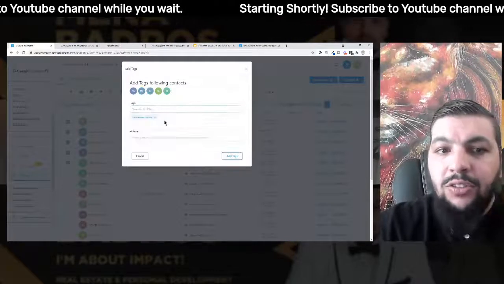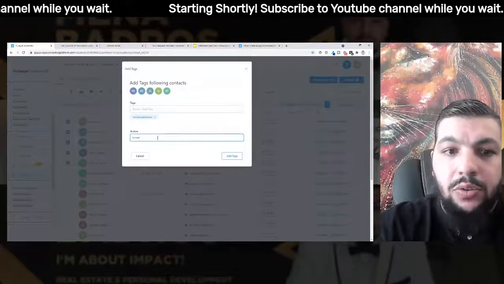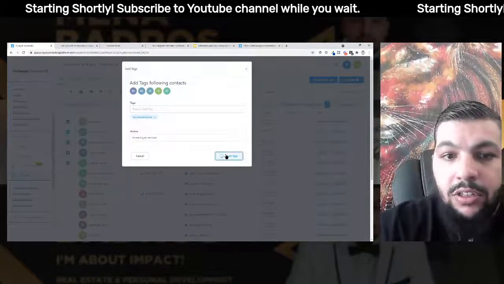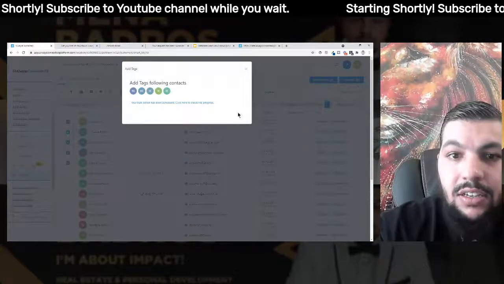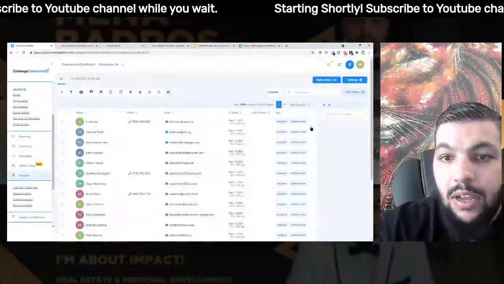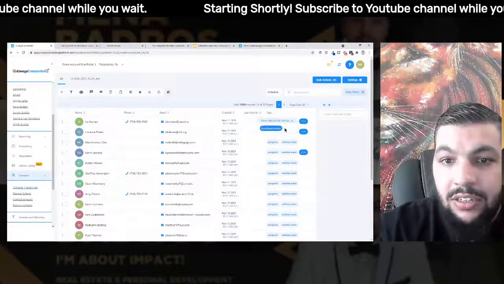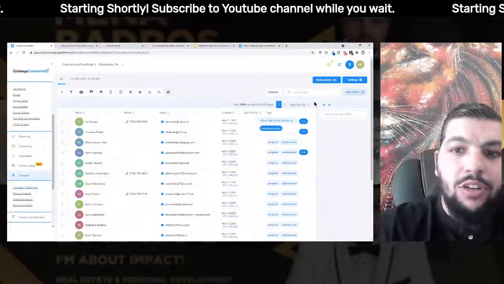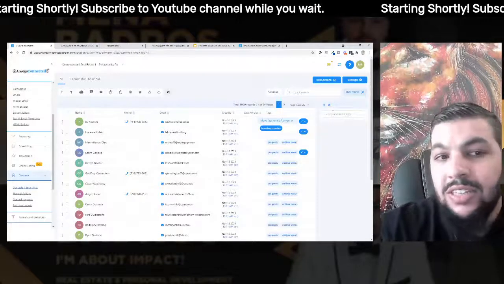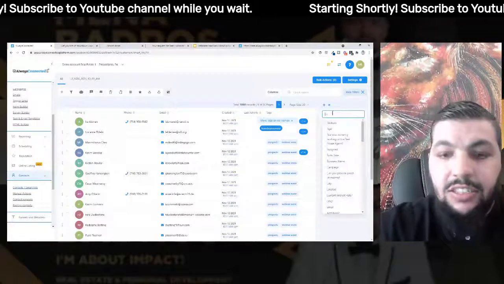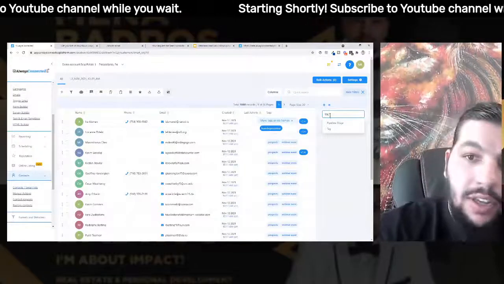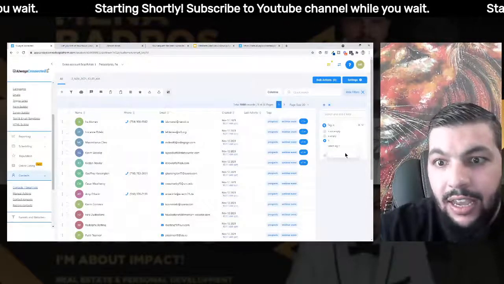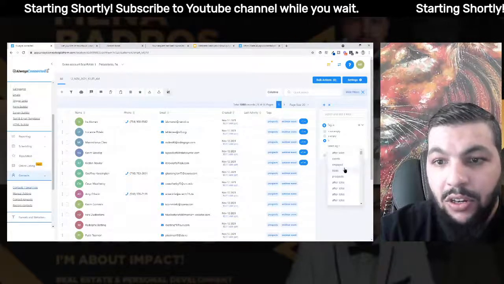That way you can push out certain campaigns to them, right? And you can follow up with them accordingly. So I add the tag here, and you'll see them in the tags right here. They are tagged. Okay. From here, I can filter out certain contacts. For example, if I want to send an email or a text message to people who attended this webinar, I can go to tag. I can basically filter people and say the tag is webinar.